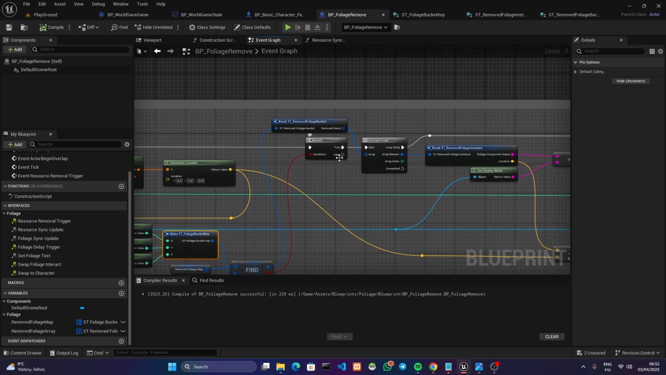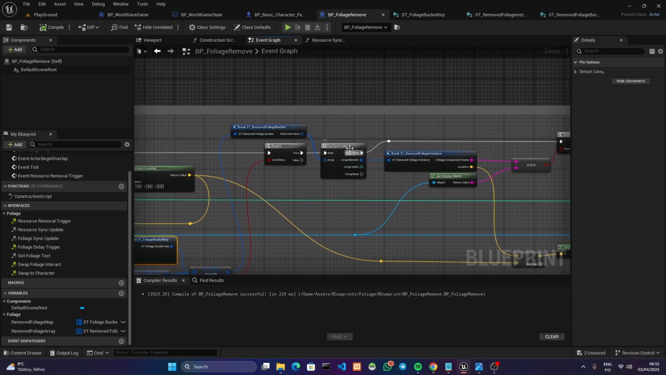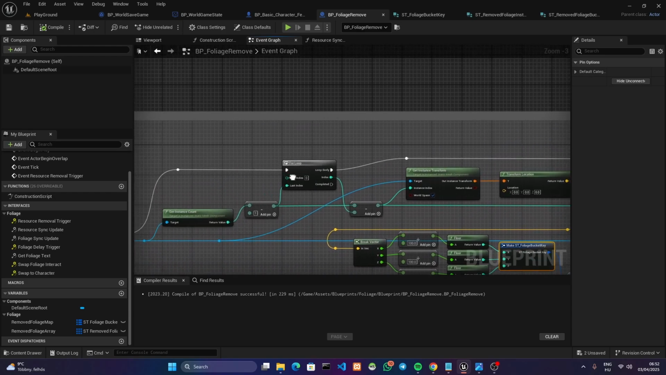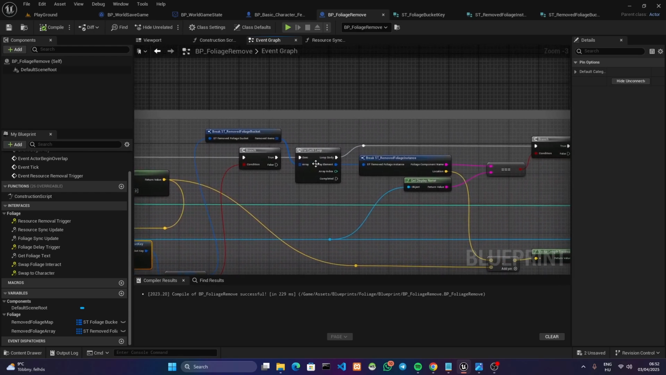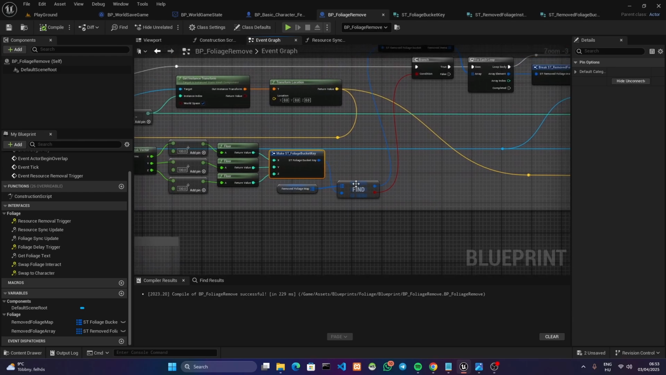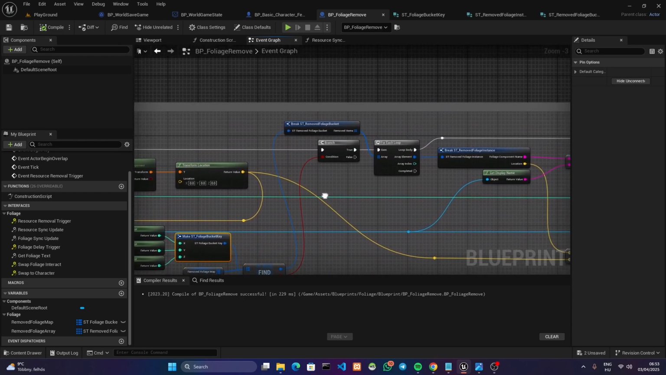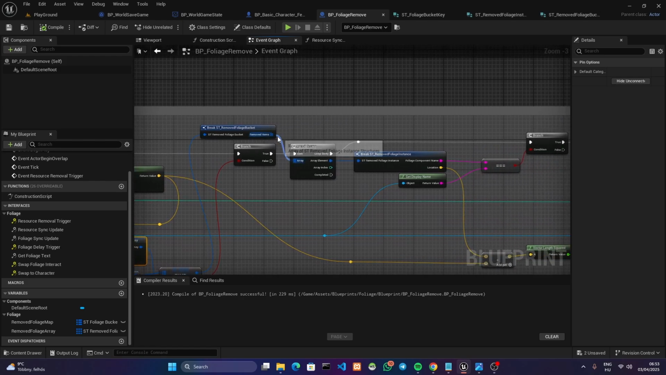Then if it's not true, it's false. That means we don't need to remove the item because it doesn't exist there. But if it's true, we found it, then what we're going to do is execute another for loop inside a loop, which is already in a loop, and that's going to have an array for the break struct removed foliage. So we say, find in the mapping with the bucket key the bucket value, and if you found the bucket value, which is by the way an array of instances, then break it,